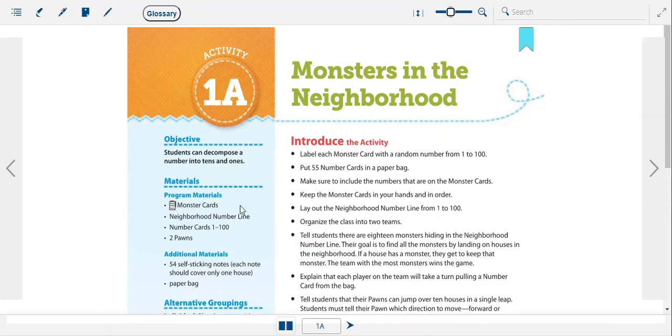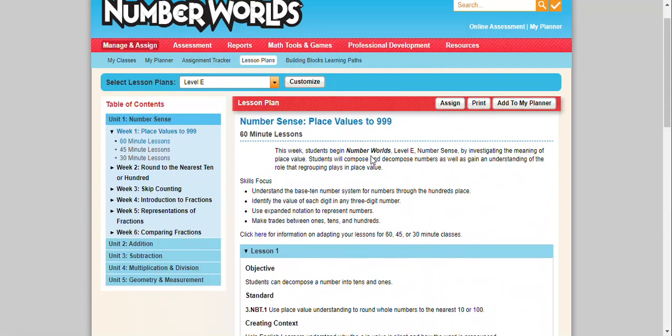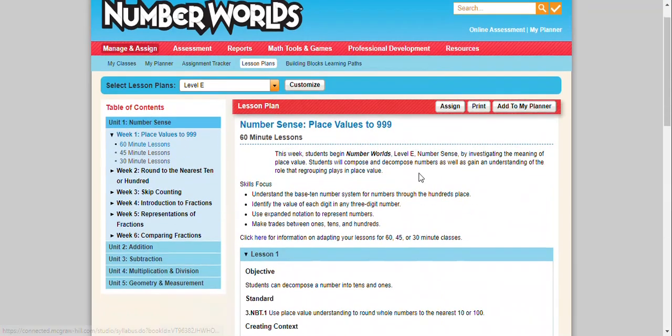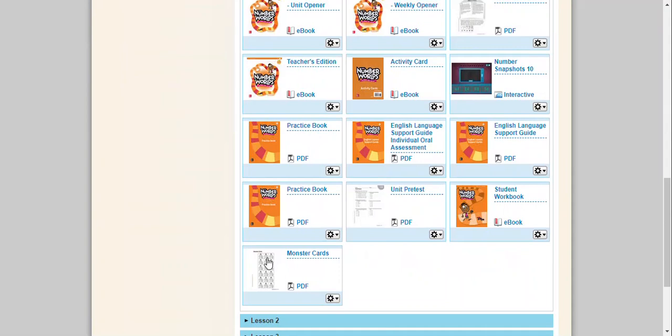One thing to note in the program materials, all of these items, the neighborhood number line, number cards, pawns, those are all available in your virtual manipulatives, which you'll see in a different video. This item, however, these monster cards, that's something that is a blackline master, and that's noted by the little notebook on the side. Those are actually available back on the main screen that we were on. So this was the Teacher's Edition, right? Manage and Assign and Lesson Plans. And you'll see when I scroll down that page, there are those monster cards that I would need for that